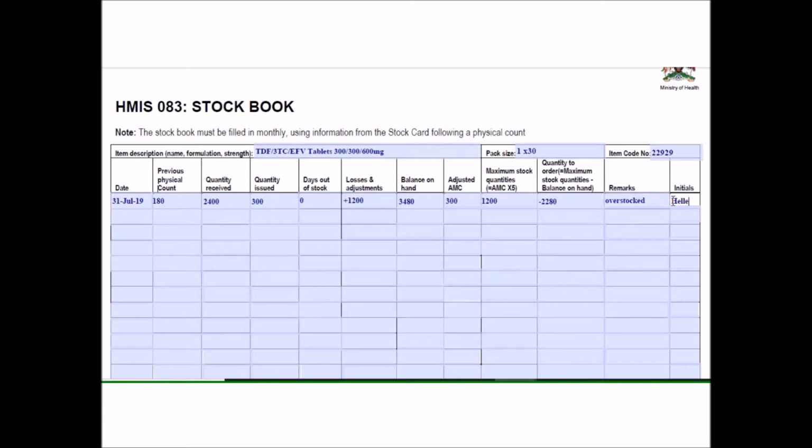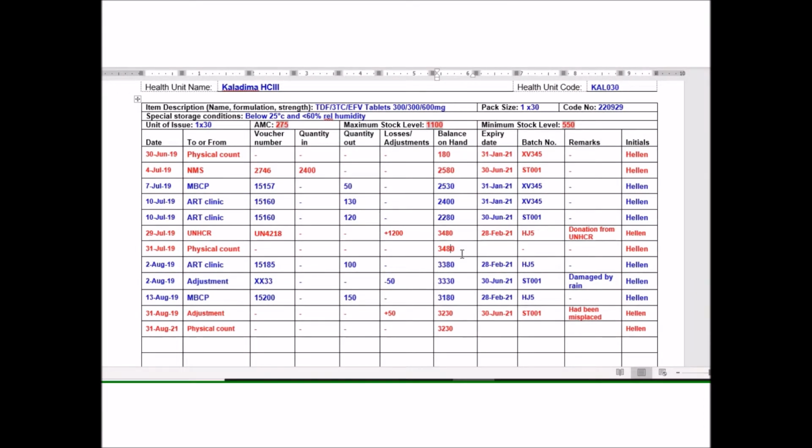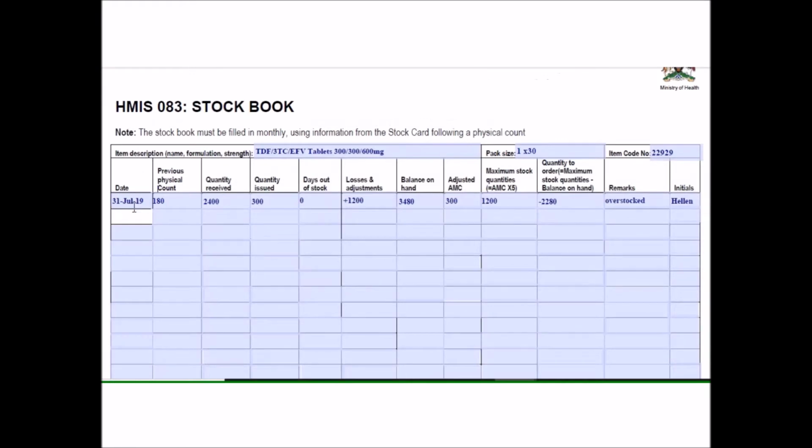So someone making this summary has to sign to authenticate or to give it validity. You cannot just own up the work that he has done. Then on August, we go back to our stock card. We have 3,480 as our opening balance. So end of August, on 31st August,